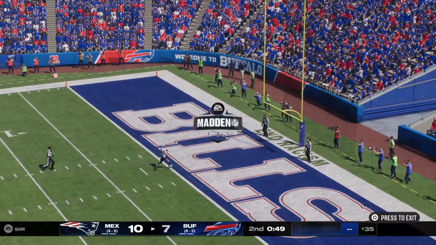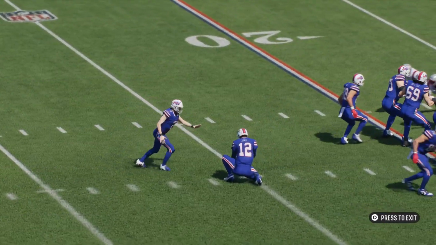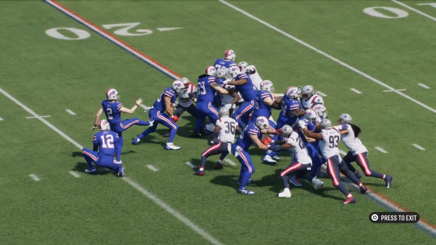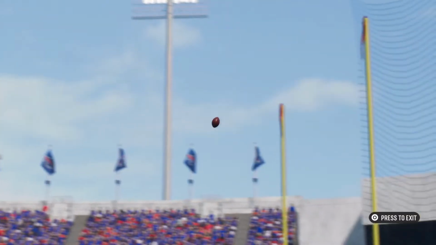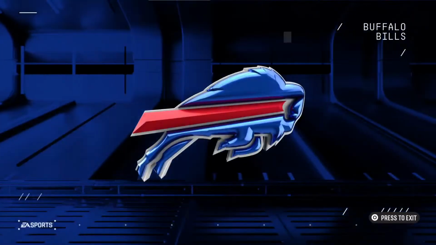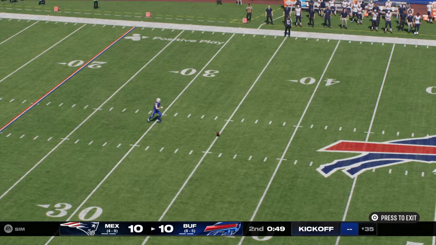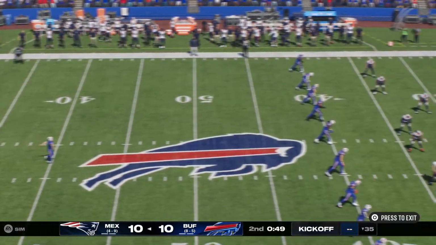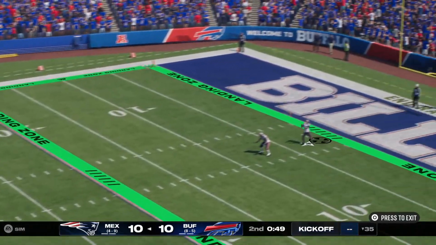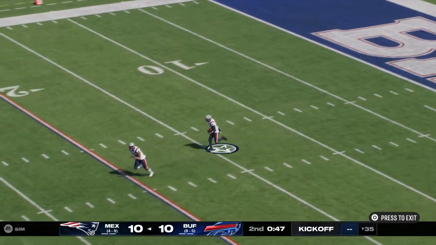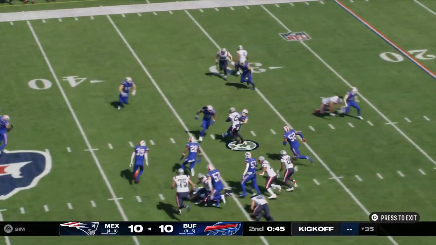The kick by Bass is good, and that will knot us up at 10. So it was 4th down and 1 in the red zone, but they elect to take just the 3. And I'm a little bit surprised that that's exactly what they decided to do. I kind of thought that they would go for it in that situation. But sometimes I'm sure you just think to yourself, take the 3 points, put them in your pocket, and move on.